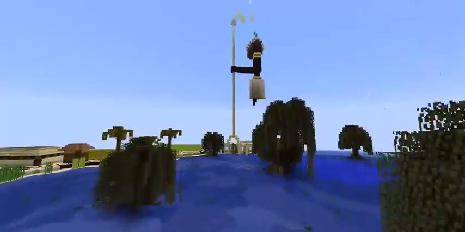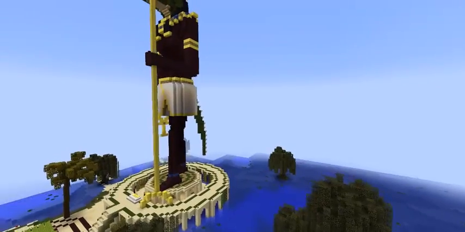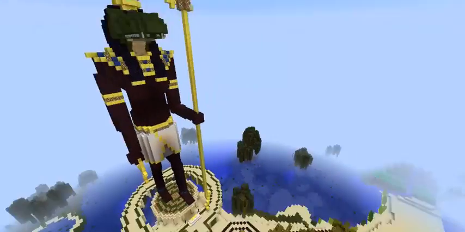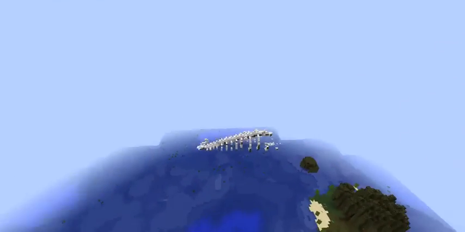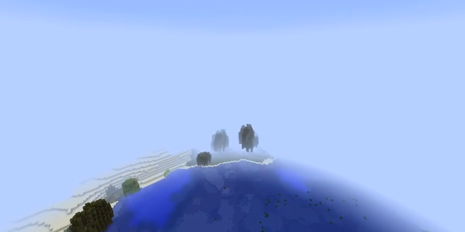Going back to the statue of Sobek, I'll show that off a little better. He has a very large crown that's hard to see unless you fly up. But I like his crown. He's one of the swamp gods here. On the other side, because I did not get to show this off with Anubis earlier,